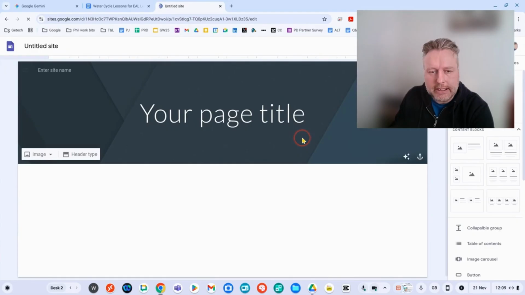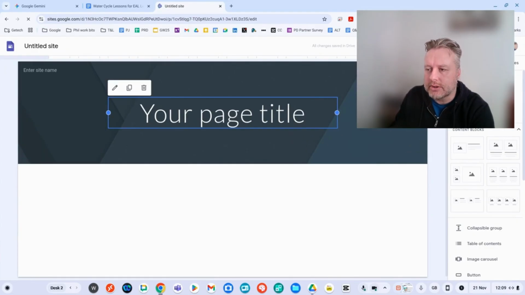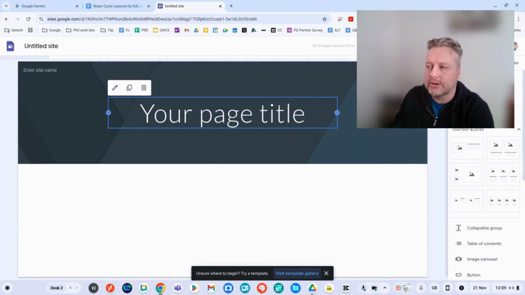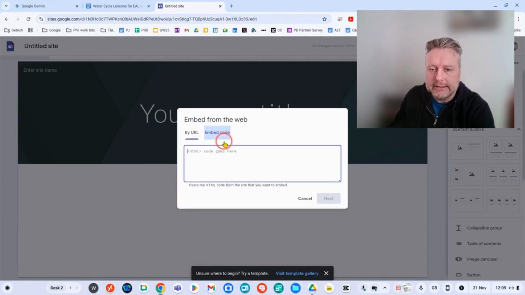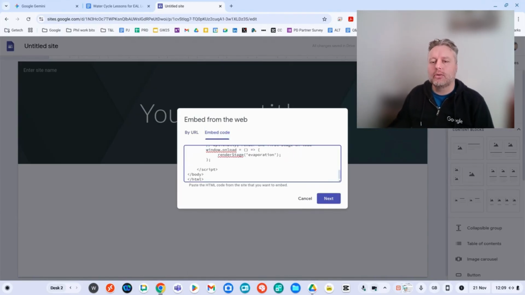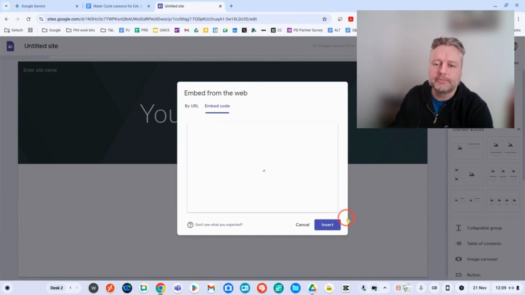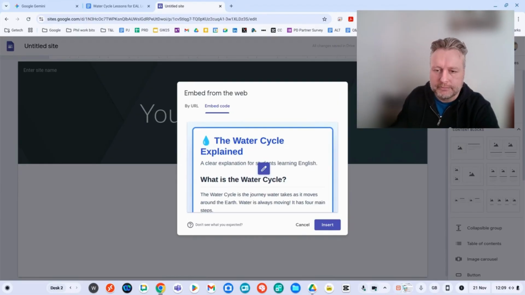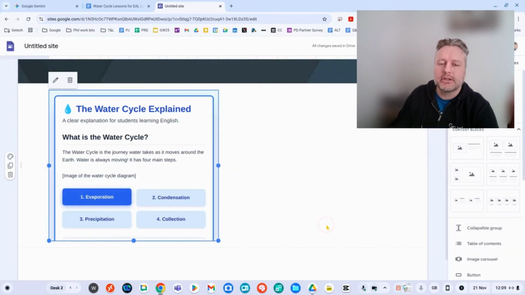And we've got here, and then obviously within Google Sites, you have got the embed code section. So you can go over to where you would like to embed your code, click embed code, and just copy all of that code into that text box. That will then take what we had in Gemini, and I can now insert that into a site, and I can go through and click